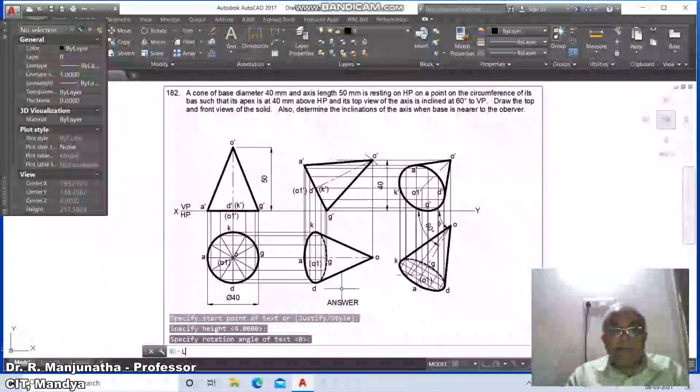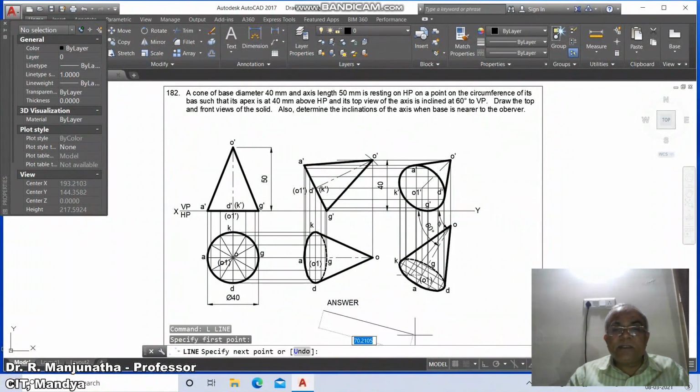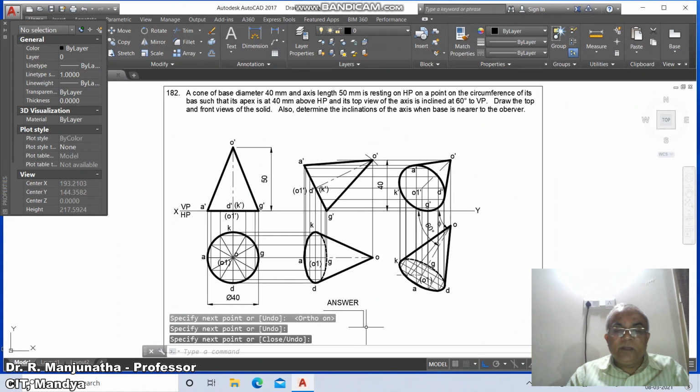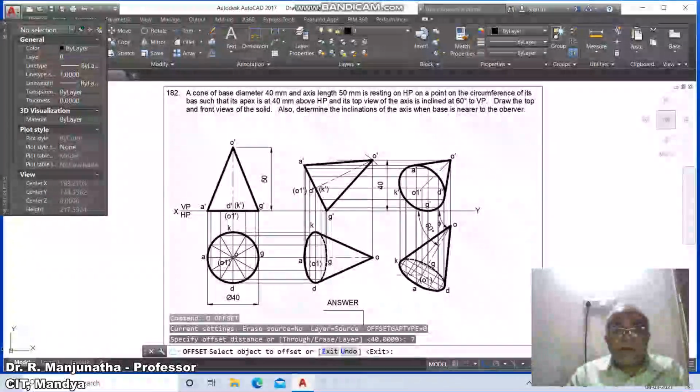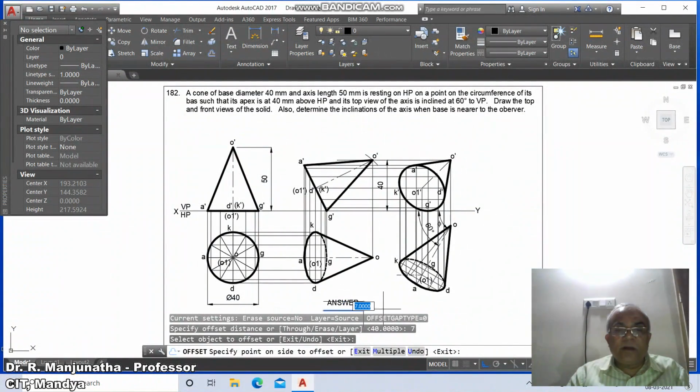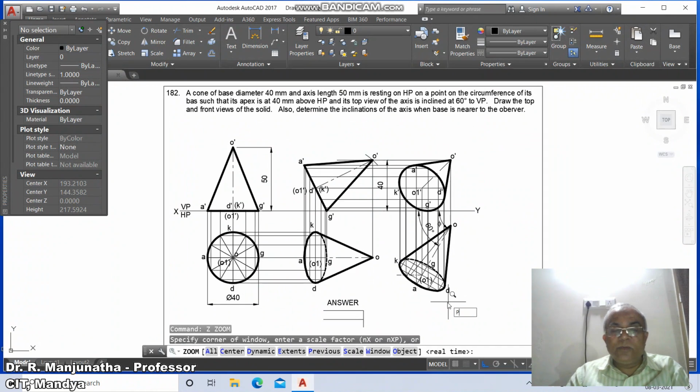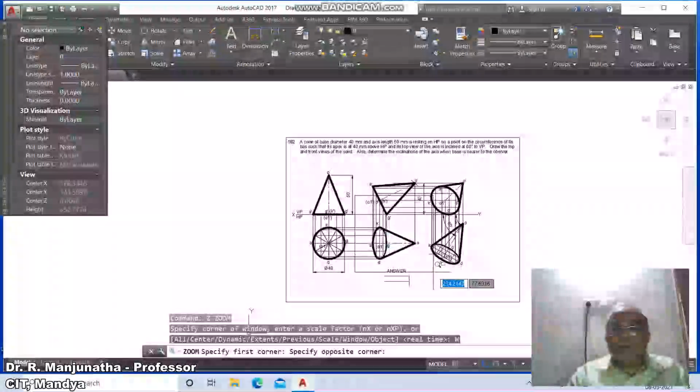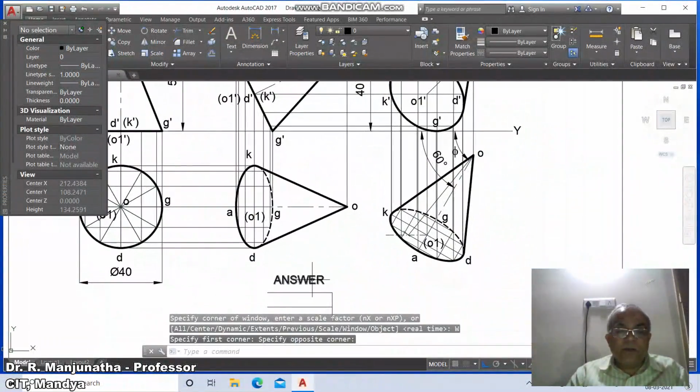Then go to line, select this, switch off the ortho mode, take the distance, offset 7, take this and offset down, then go to zoom previous, then go to copy, then go to D text.